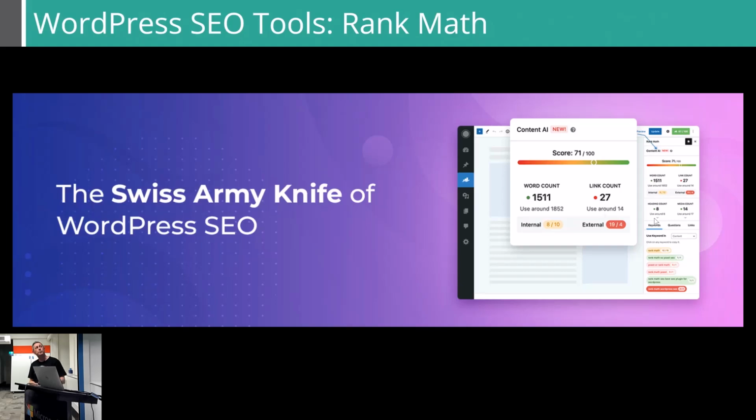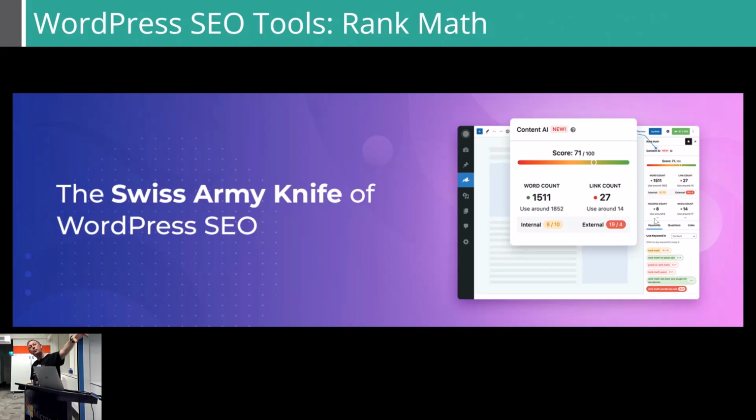So, some tools. We talked about SEMrush and Ahrefs, and those are good, but expensive. On the WordPress side, you could probably do with a tool as well to help you write that content. There are four big tools out there, and I mentioned three here. The first one is Rank Math. It's probably the best at the moment. If I were to start again, I would probably use Rank Math. Its features in the free package are superb, and the Pro version is very, very good as well.